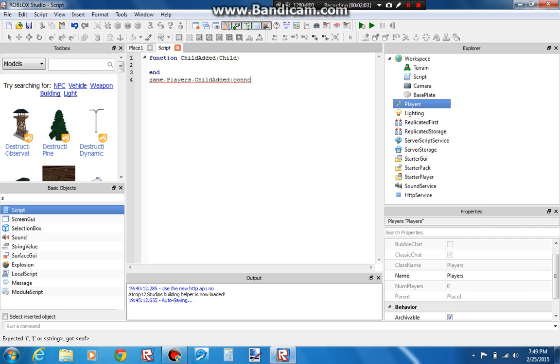Connect child added. Okay. Now we're going to use a conditional statement, a conditional if statement. There are also elseifs and elses, but this is just for now. If child dot